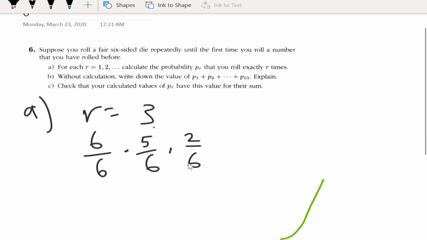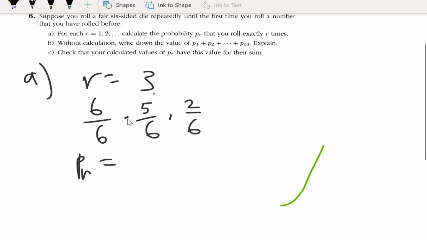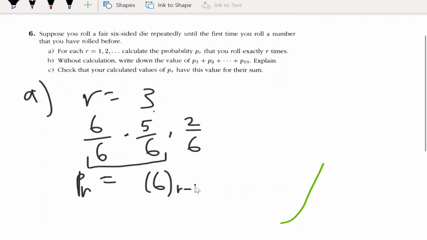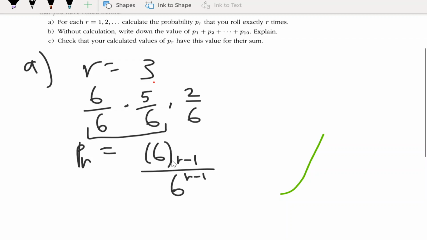Now that we have an example, I think it'll be a lot easier to write the probability P_r. As we can see, we have this section, which is just 6 times 5, all over 6. So we can write that as 6 order r minus 1 over 6 to the r minus 1 power. As a reminder, 6 order r minus 1 just means, for example, if r is equal to 3, then r minus 1 is equal to 2, so 6 order 2 is 6 times 5. And then times,